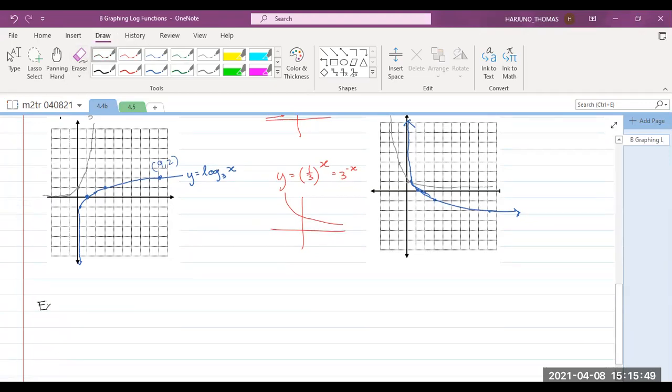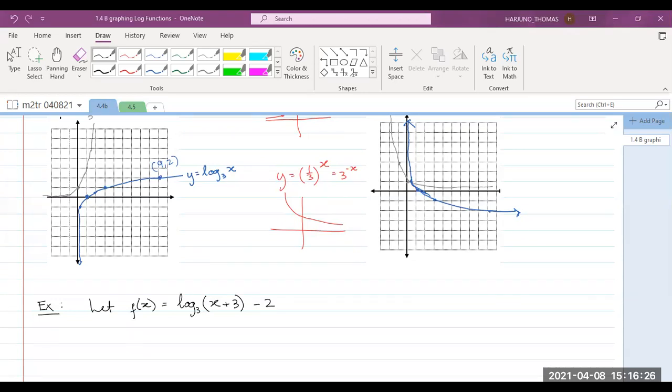For example, let f(x) be log base 3 of (x plus 3), minus 2. If we have log base 3 of (x plus 3) minus 2,